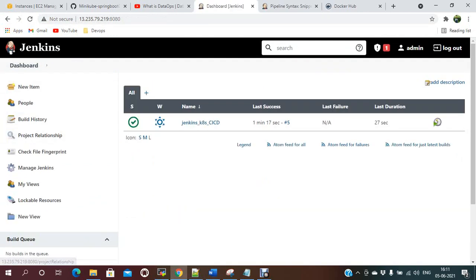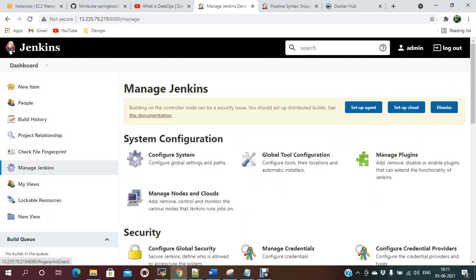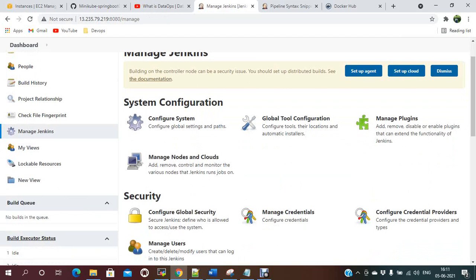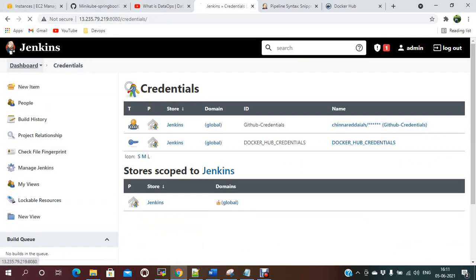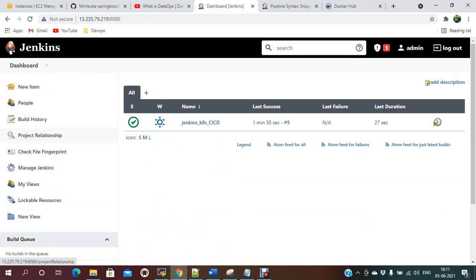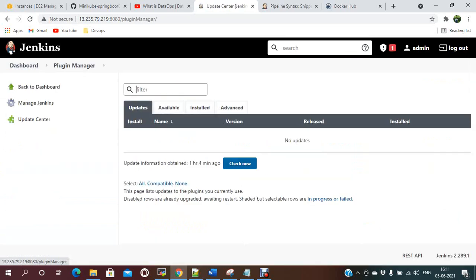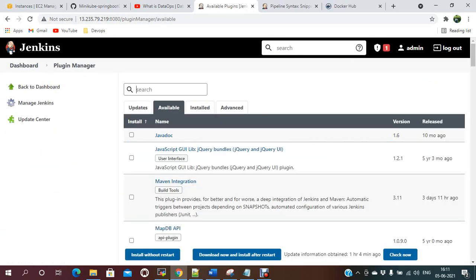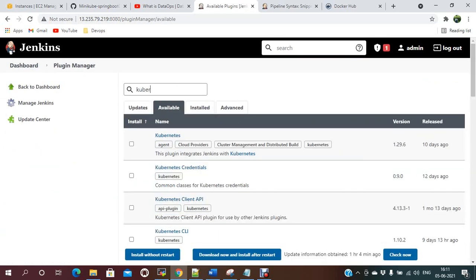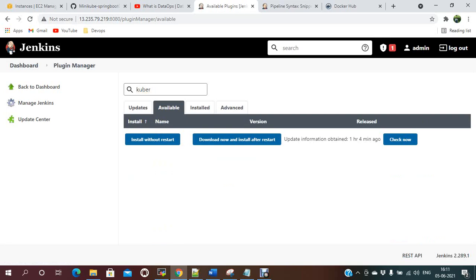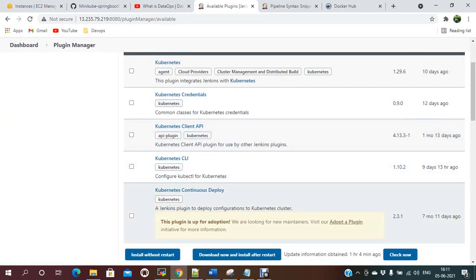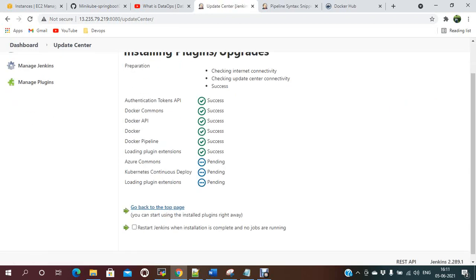So we need to add the Kubernetes Continuous Deploy plugin. Go to Manage Jenkins, sorry, not Manage Jenkins, Manage Plugins, Available. If you check Kubernetes Continuous Deploy, you just need to install this plugin.